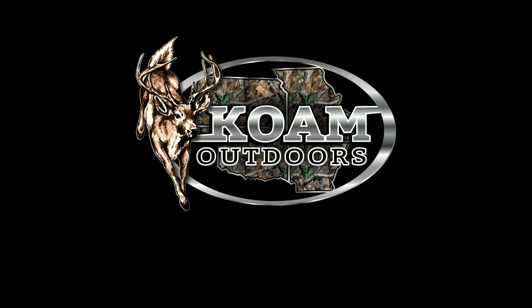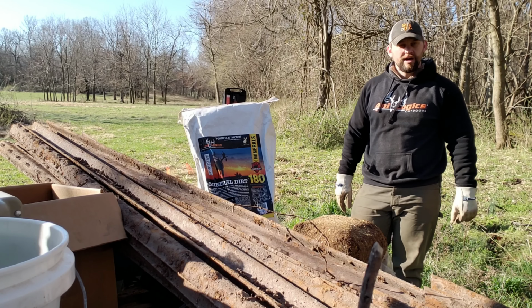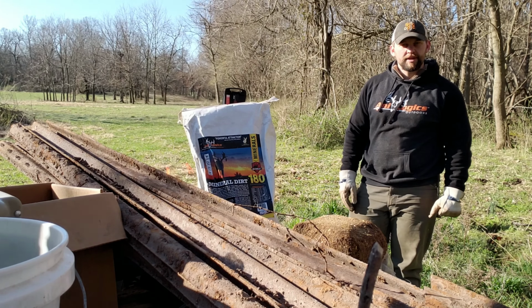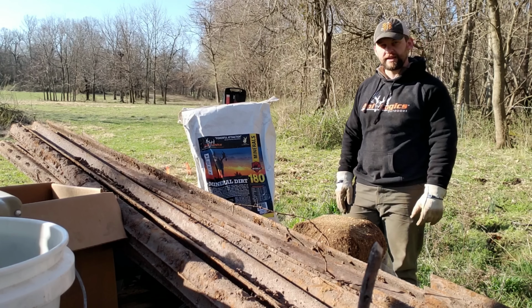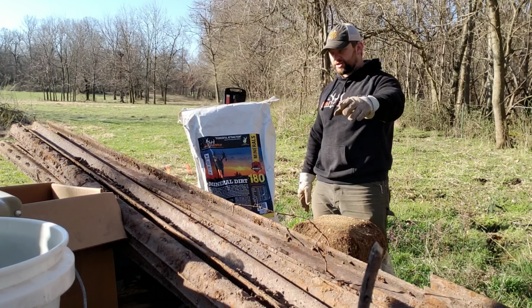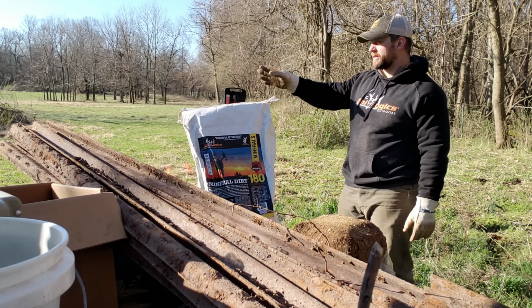Hey, good morning. We're sitting out here on one of our pieces of property. Did a little fence work there on one of our food plots, getting ready for the upcoming 2019 turkey season, as well as our deer season. This is a pretty good established clover plot riding through here, but what we're going to do for the 2019 season is, I've got a whole bunch of fence posts here, and what I've elected to do is make this,